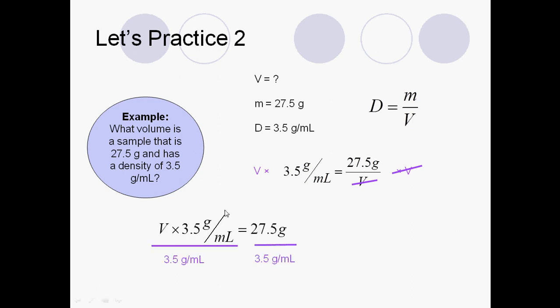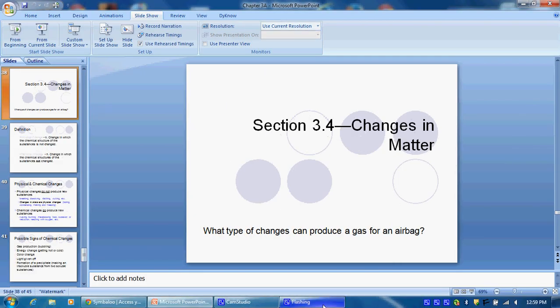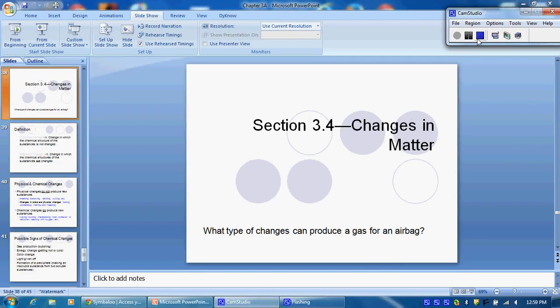Divide by our 3.5, so it cancels out on this side. We divide here, and our volume is equal to 27.5 divided by 3.5. Our grams will cancel out for our labels, and we'll end up dividing 27.5 by 3.5, 3 significant figures here, 3 on the top, 2 on the bottom. So we only want 2 on our answer, and we get 7.9 milliliters. So I think that's enough practice with our density equations that you should